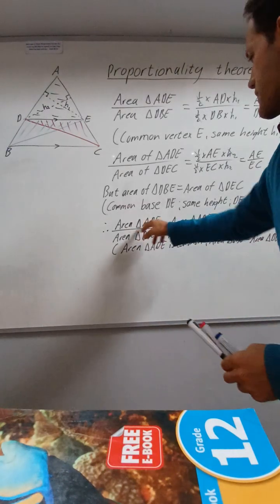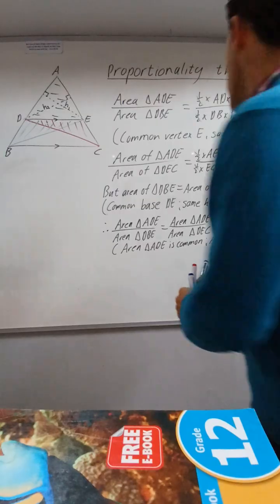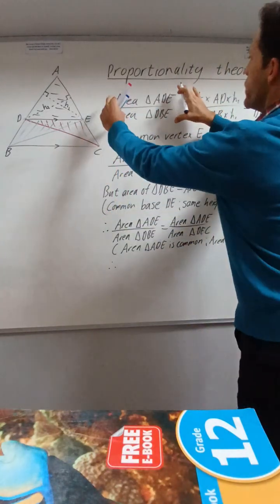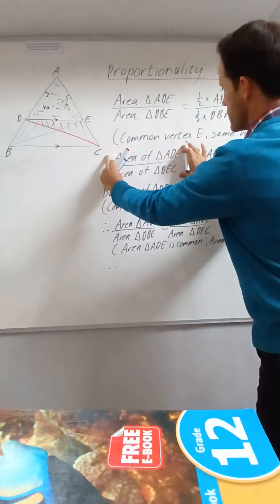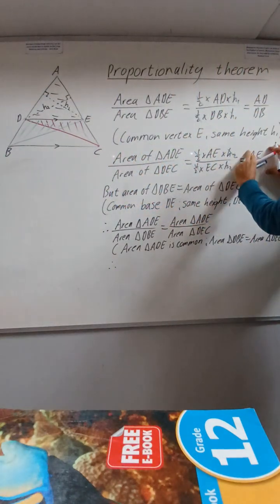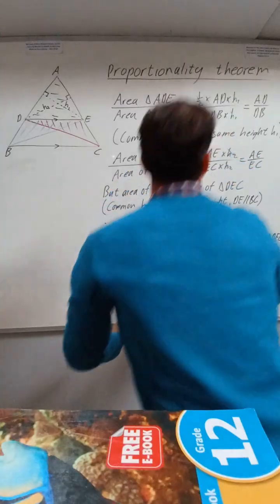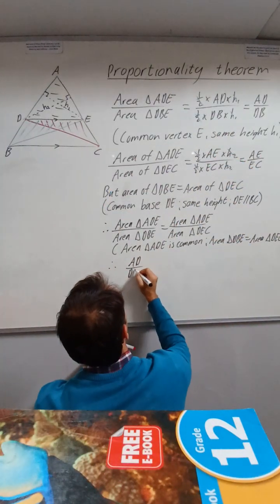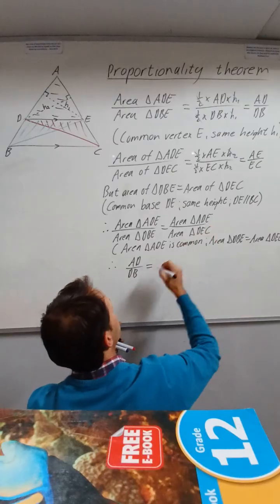Okay, that's why we can say these two are equal. So therefore, because they are equal, it means that this is proved. So we showed that this now is equal to this, which means this part must be equal to this. So that's our conclusion. Therefore, AD over DB must be equal to AE